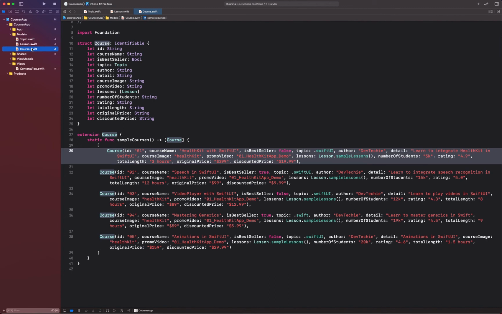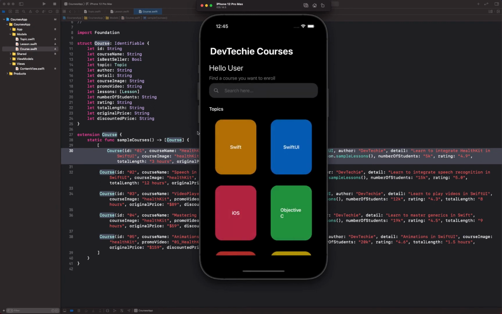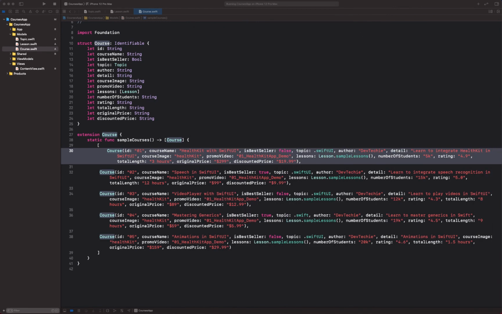So we have our course, topic, lessons, and all these models, right? So what we're gonna do next is basically we're gonna start creating our home view first, so at least we can see the home view. So if you go back, this is the home page that we're gonna first create, and then we're gonna populate that, and we're gonna basically start creating models and views at the same time when we are actually creating those views. All right, okay,